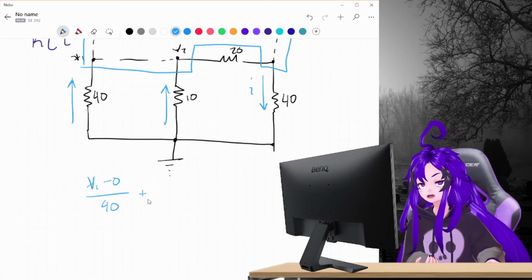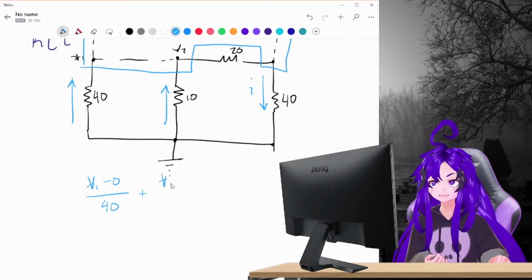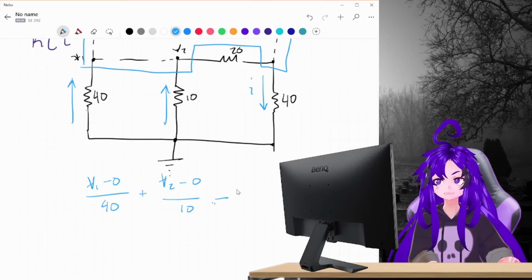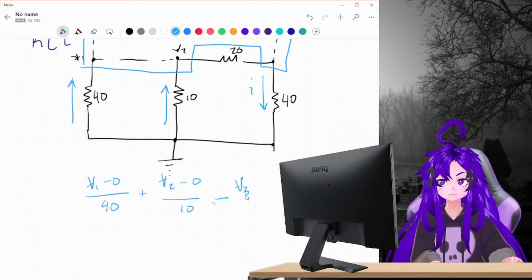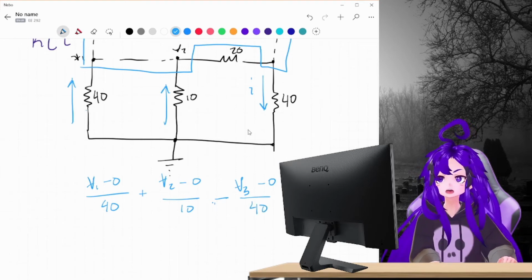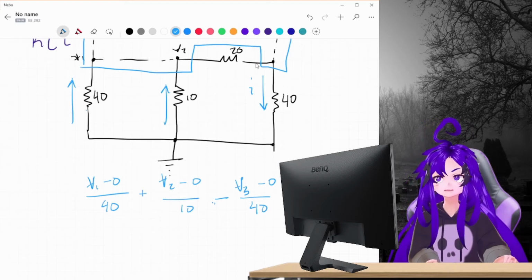Then we're going to add this V2, same deal, minus 0 over 10. And then we're going to take this I, which I is actually going to be V3 minus 0 over 40. Okay,